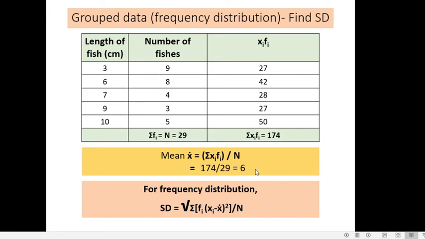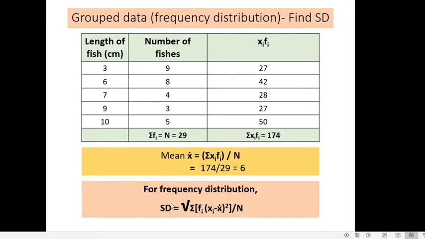Now, we have to find the standard deviation. Now, we have only found out the mean. Now, we have to express the standard deviation. So, the mean of all these observations is 6 now. In a frequency table, this is how we calculate the mean. Now, we have to find the standard deviation, or what is the range of this set of observations.